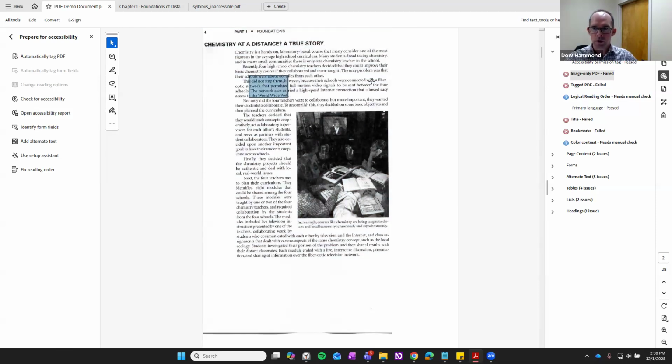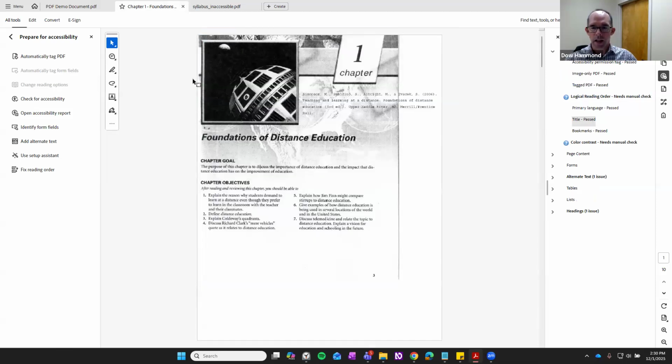You're not able to highlight it as you could in a Word document, or like here, after it has been OCR'd and you're able to highlight individual content. This gives you a sense of its reading order as well. Okay, so with reading order,